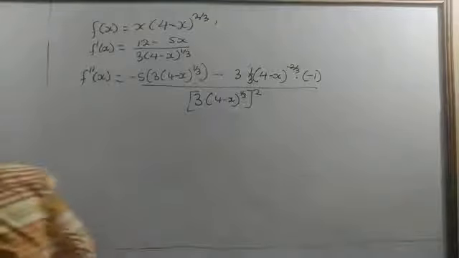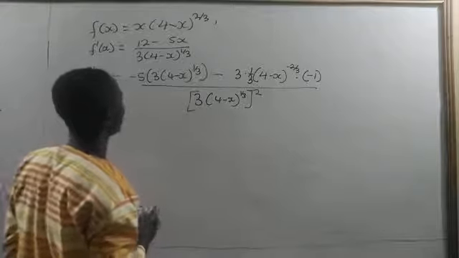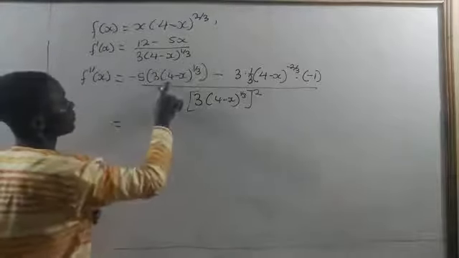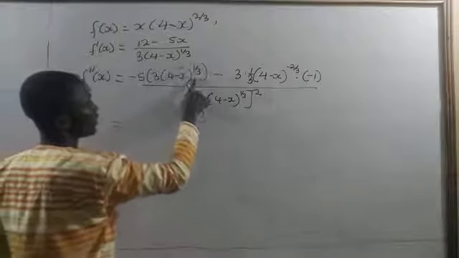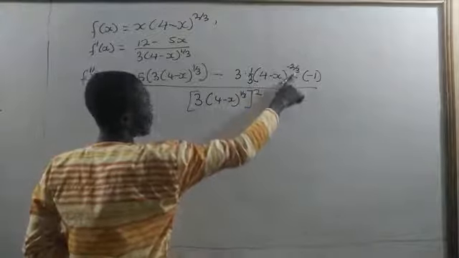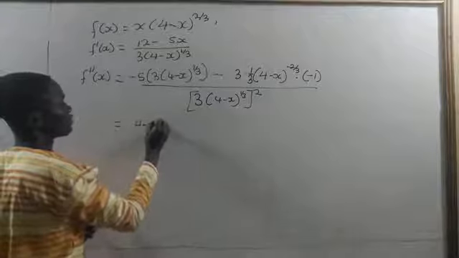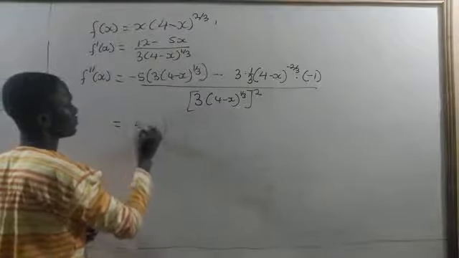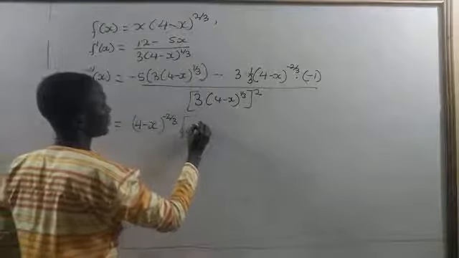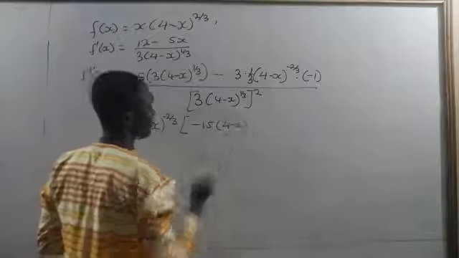Now, let's move with it. So here, what can we do? We are going to have 4 minus x to the power 1 out of 3. We have 4 minus x to the power negative 2 out of 3. So this is the smallest power, so we can factorize it out. So we have 4 minus x to the power negative 2 out of 3 times minus 15 times 4 minus x